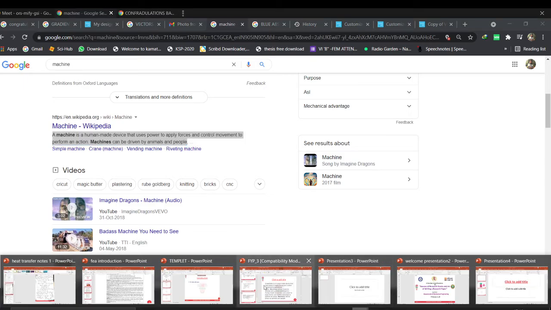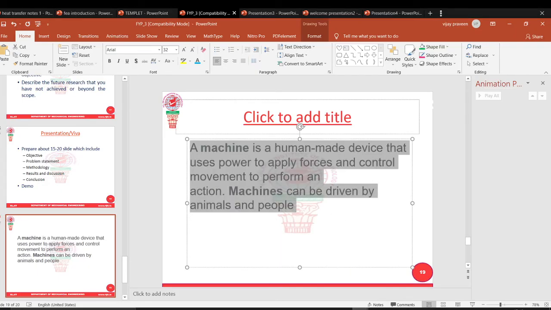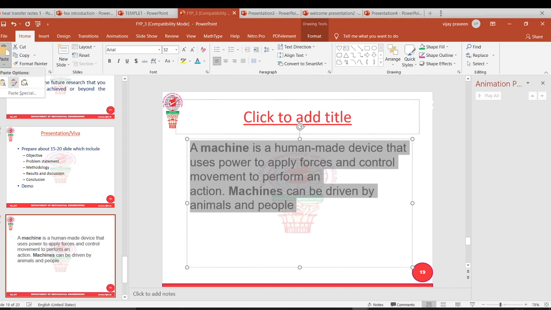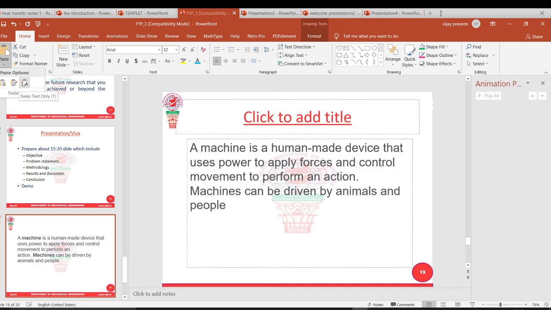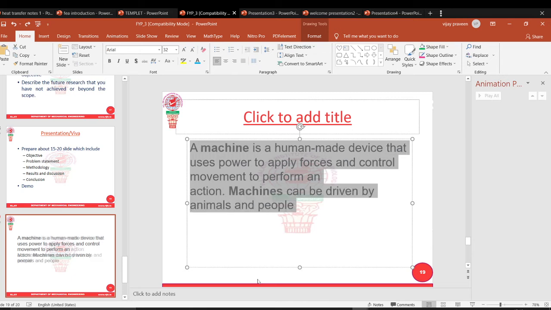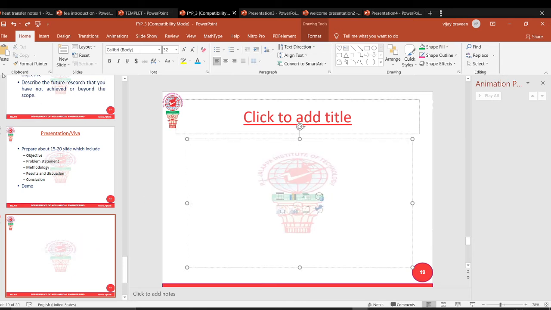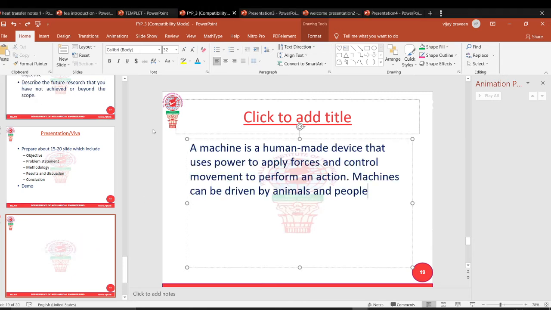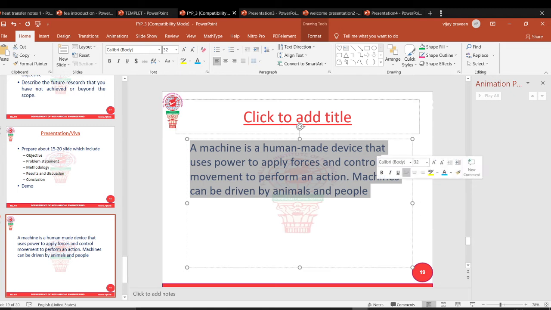Or keep text only means no format will come, just the text will be pasted. Now you can observe it automatically came in the template I gave, blue color, Calibri with that size.